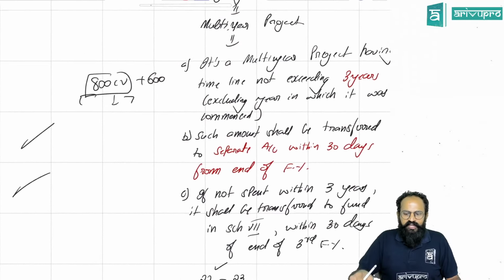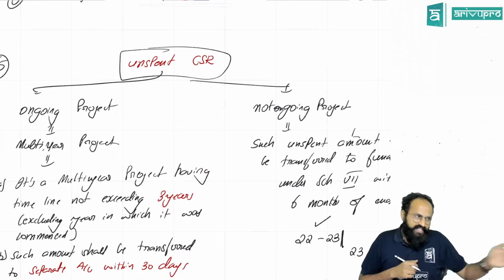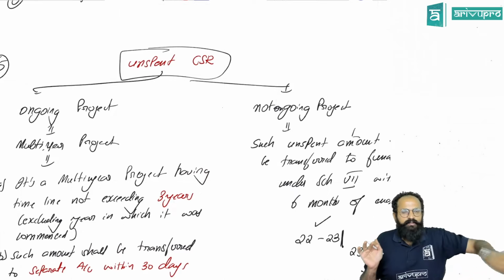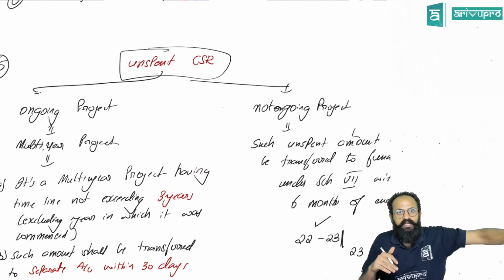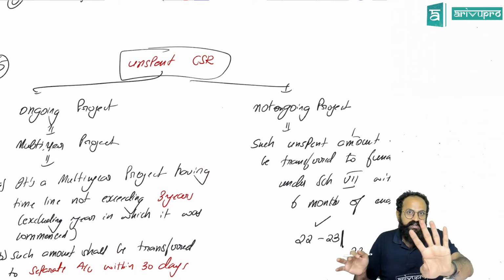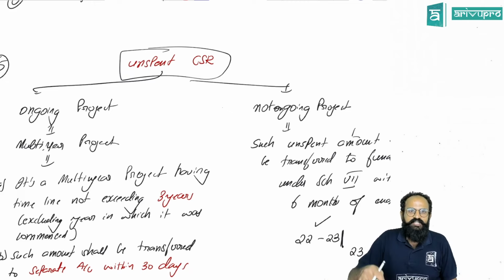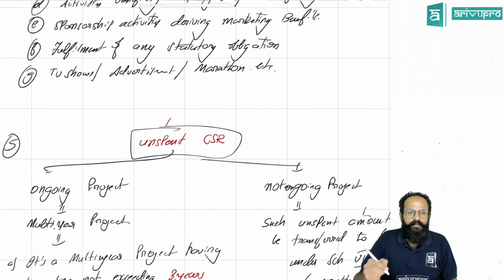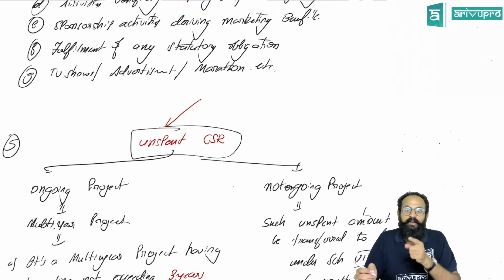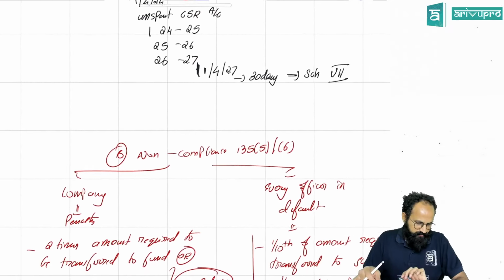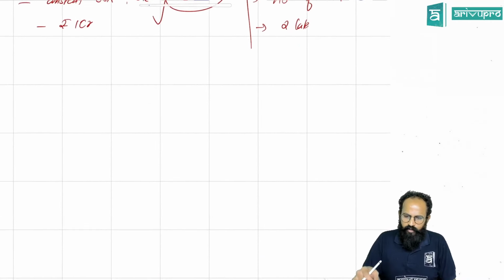What was this then? Unspent CSR. They are taking money from you. That is done and dusted. Don't think you will not touch the money and it is only the penalty. That is not like that. That will also be taken. This will also be taken. This is a recent one. In 2022, they introduced unspent CSR. Until then, it was not there. Penalty was there. When it started, nothing was there. Getting the point? Yes, sir. We'll write off one point.